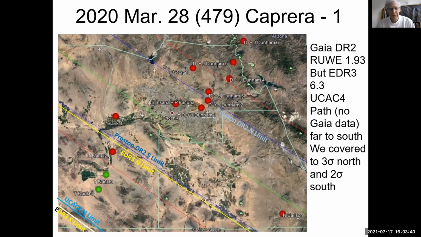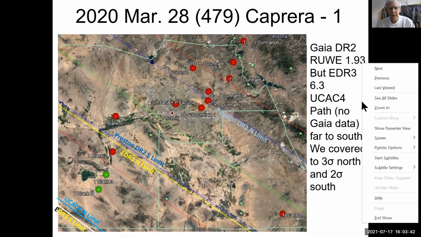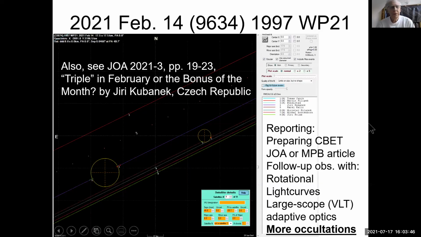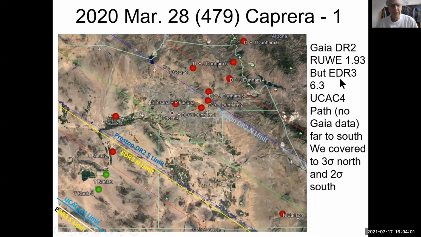Okay. So anyway, this particular event, I also give some JOA references. The latest issue has this event discussed there, because there were 3 occultations in one night that were observed. Going back to